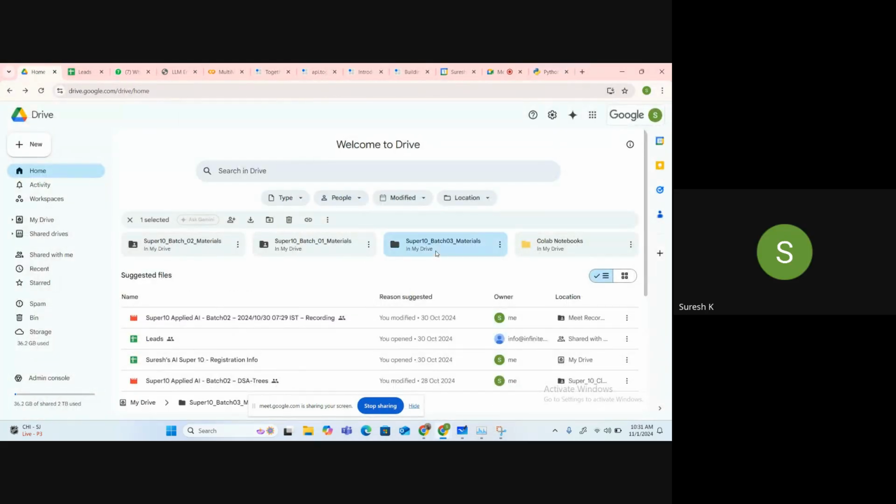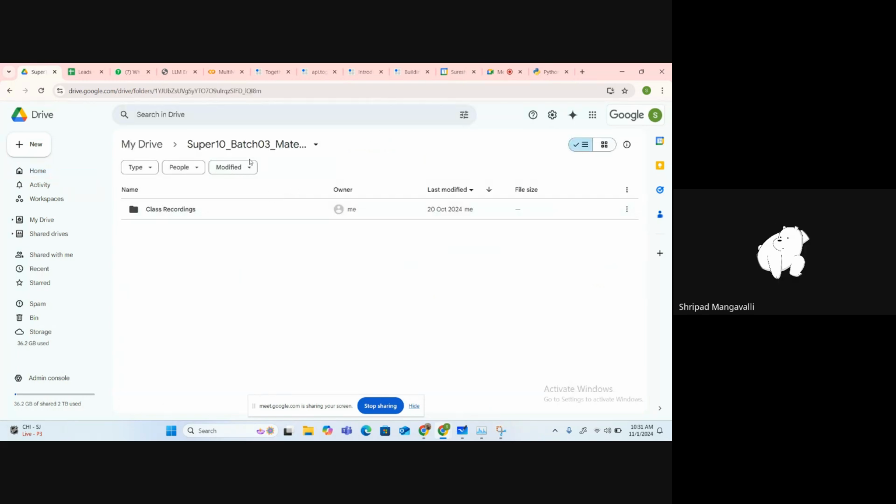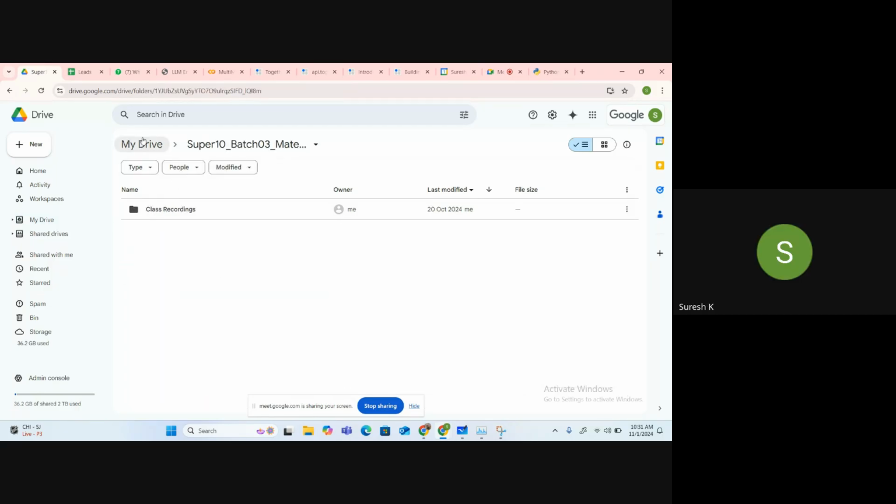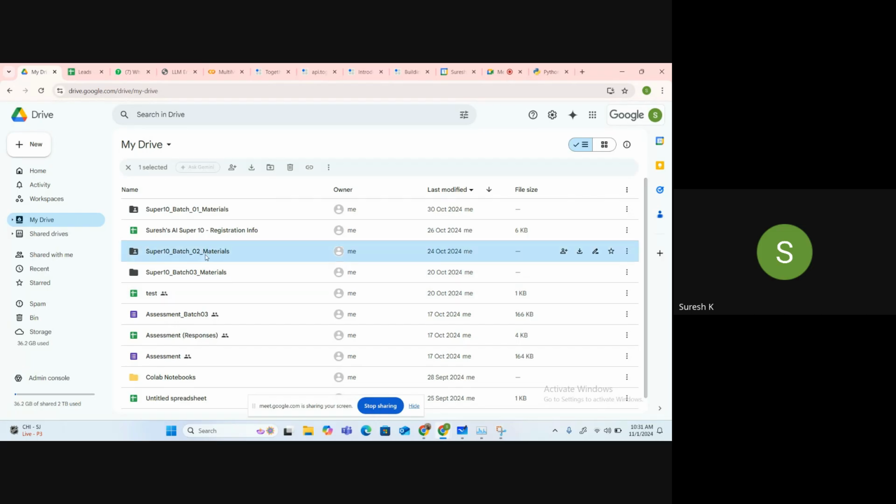Here we go. We have batch 3 materials, right? I need to create the folders.